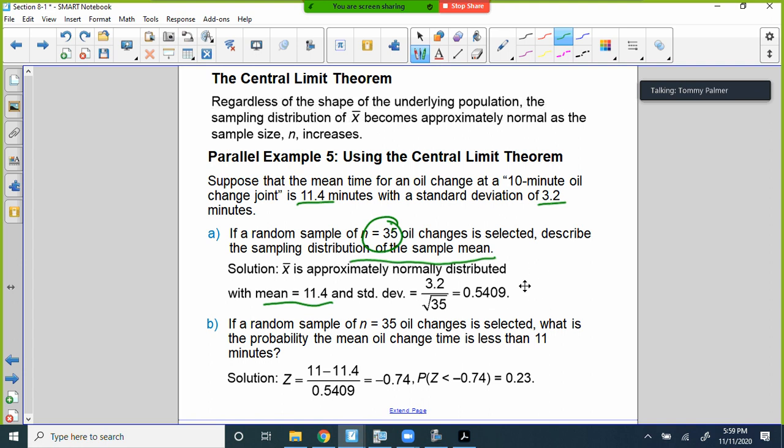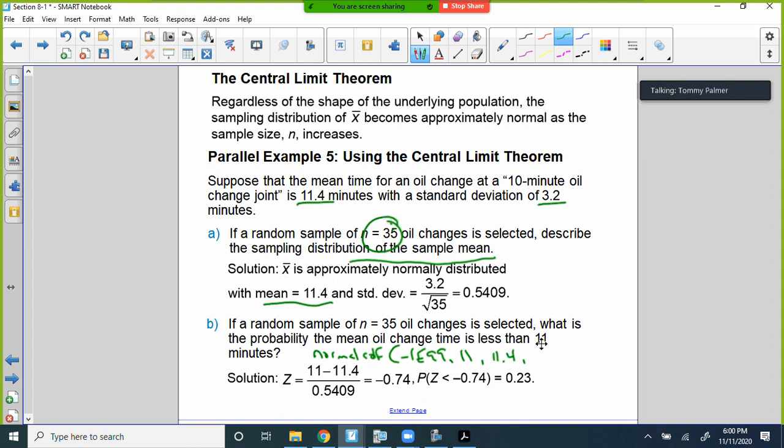So we could take this and do that in our calculator. If a random sample of 35 oil changes is selected, what's the probability that the mean oil change is less than 11 minutes? If it's less than 11 minutes, well, that's everything up to 11. So if we were to do this as a normal CDF, we'd have -1E99, 11, and then we'd have the mean, and the mean happens to be